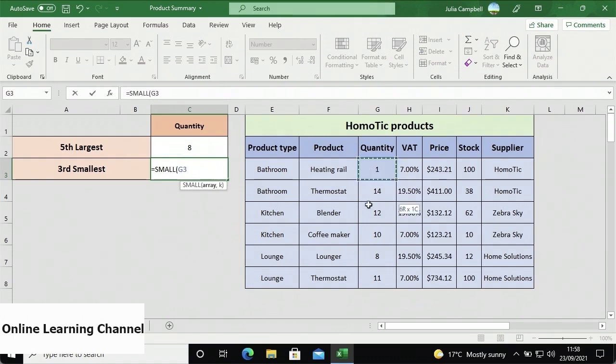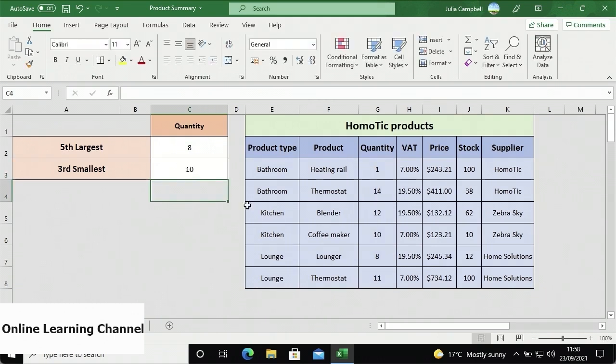Next, select the quantity list cell range G3 to G8, insert a comma and then choose K, which is the position from smallest in the cell range you want to find. As I want to find the third smallest value, I'll type in the number 3, close off the parentheses and press the Enter key. The cell now displays the value 10, meaning 10 is the third smallest value in the